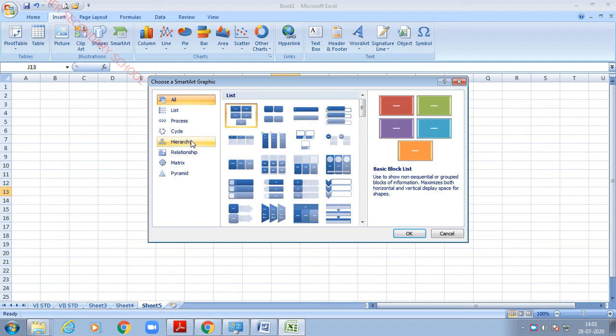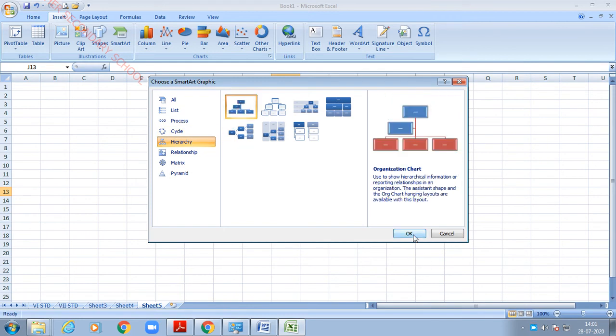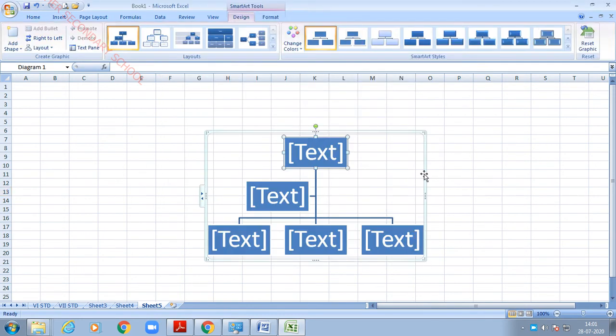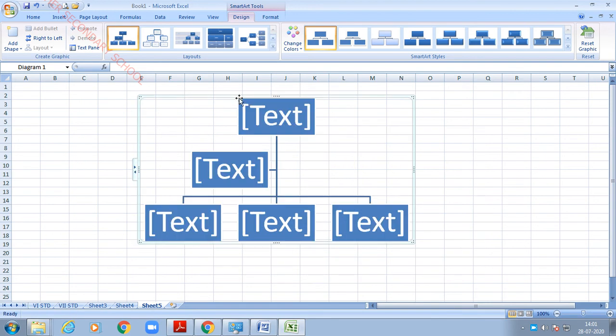According to the purpose you can select. It is mainly used for organizational purposes. So you can create an organizational chart or flow chart with the help of this hierarchy. So I am selecting this one. After that click OK. After selecting this, it will come like this. If you would like to increase the size, you can increase it like this, and you can move it wherever you want. So here I am going to give A, B. If you need an extra text box, you can create one.